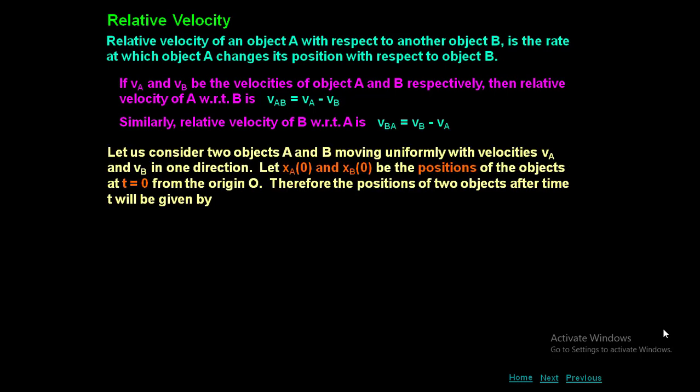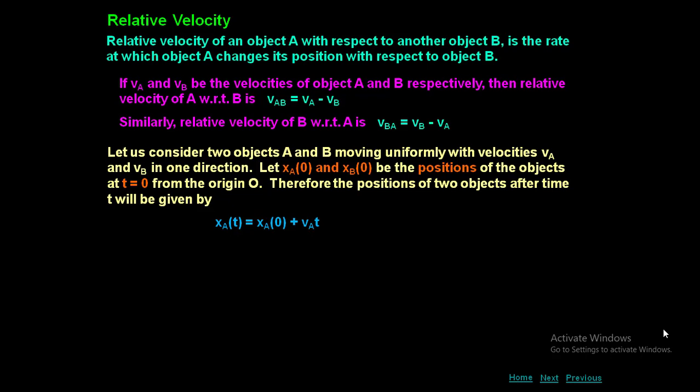Let us consider two objects A and B moving uniformly with velocities VA and VB in one direction. Let XA(0) and XB(0) be the positions of the objects at time t equal to 0 from the origin. That means time equal to 0 seconds. The positions of A and B are taken as XA(0) and XB(0). Therefore, the position of the objects after time t will be given by